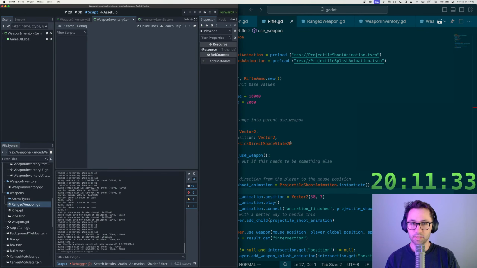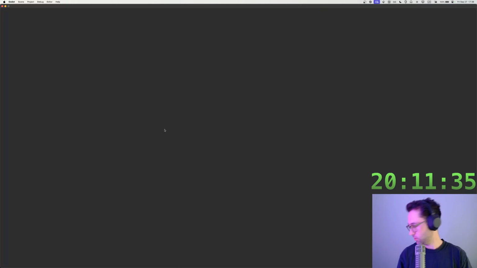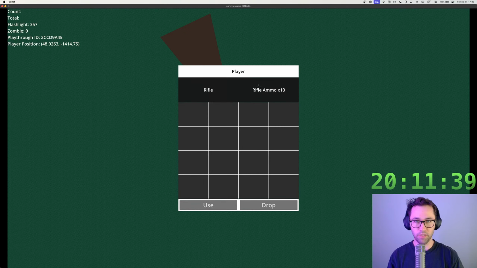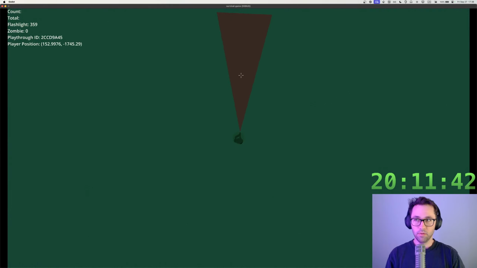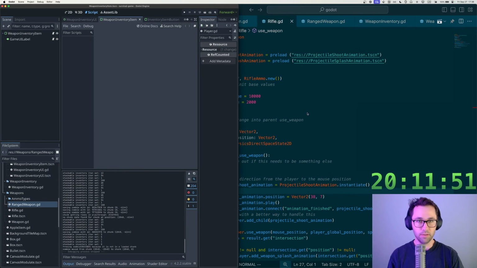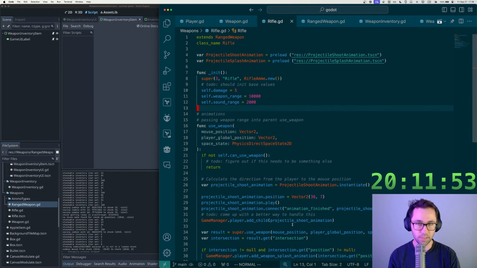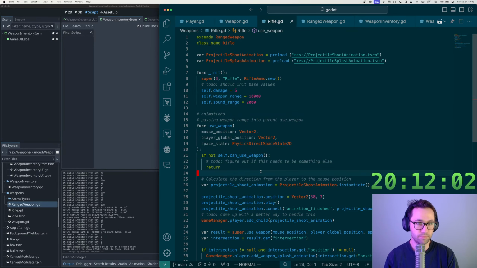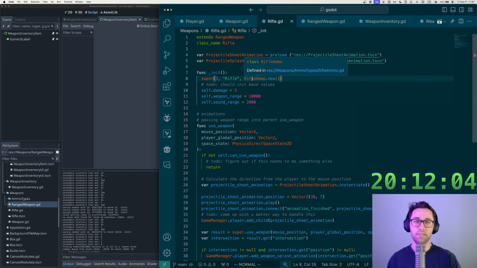All right, let's continue on. So I think we'd gotten to a reasonable point here where we have all of the weapon and ammo stuff working properly. So that's great. It's really great. So now the thing that I wanted to get done in this stream was adding a non-ranged weapon item. So we're going to create a